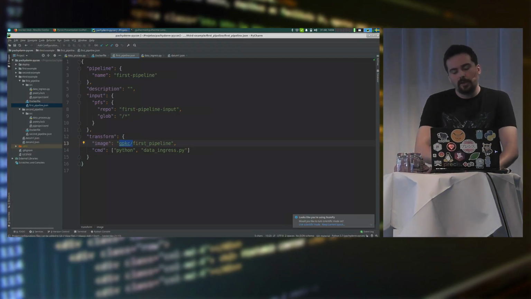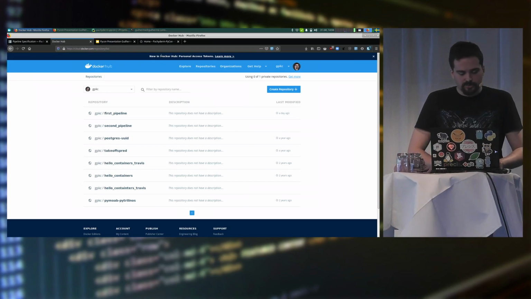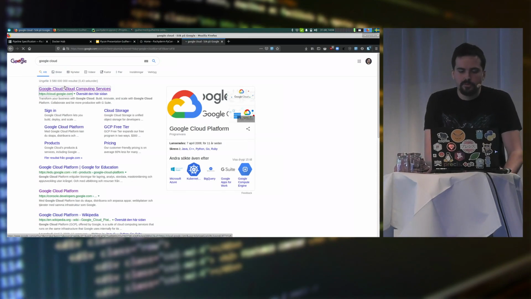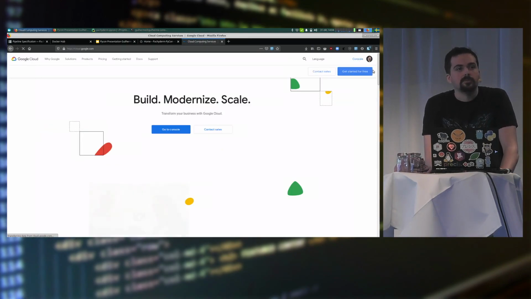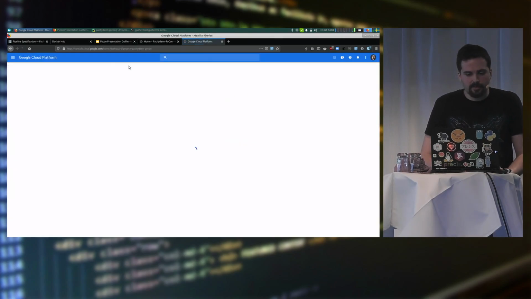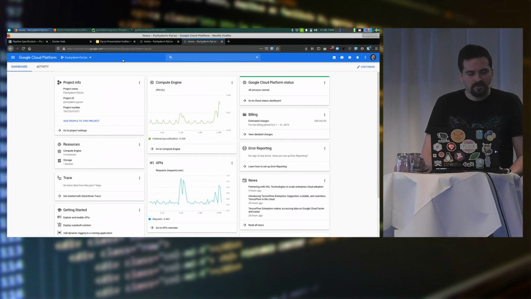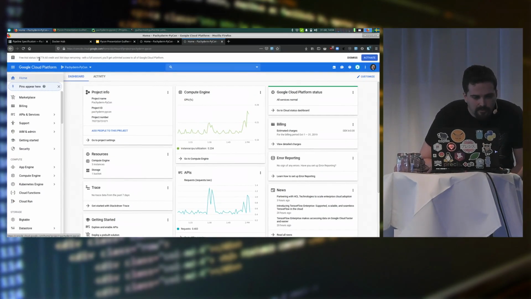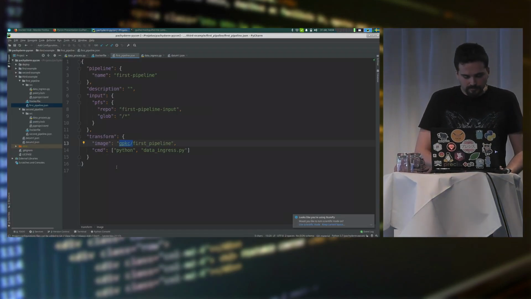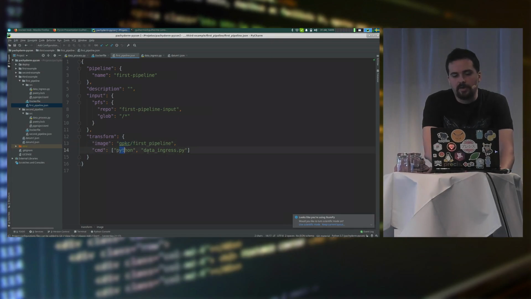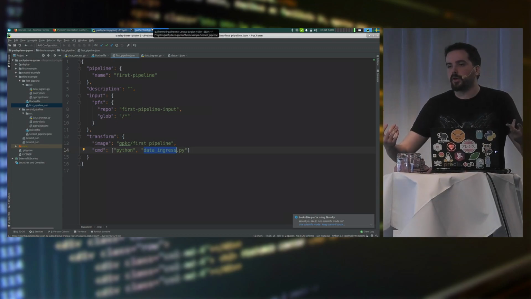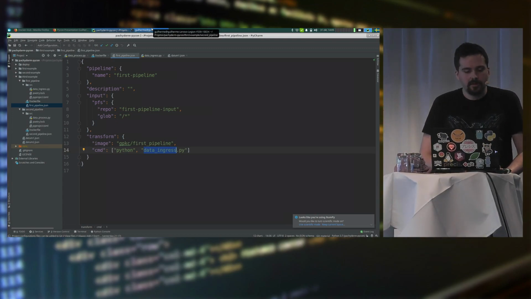Since we're using Kubernetes, that's also another cool thing you can try out. Google Cloud gives you, I think, 3,000 crowns as credit, so you can do so much with it. I created this one about 3 days ago, and I still have 2,700 crowns. That's a lot. You define a command like python data ingress, that's simple. And you can put this in your CI or whatever to have some automatic deployment.